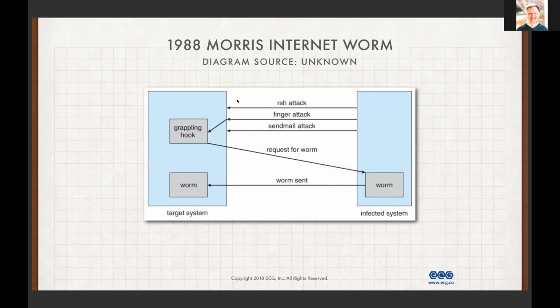It was very effective, and it was based on, he had 3 different vulnerabilities, some of them known about, but they just had not been fixed yet because people were really not worried about it. And what this worm did was open everyone's eyes to the possibility that this kind of malware attack could be a real problem. And in his case, he was almost doing it as an experiment. There was no money